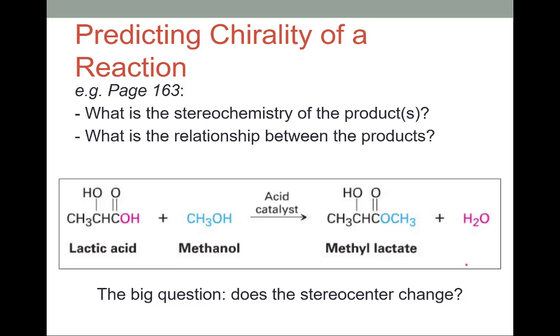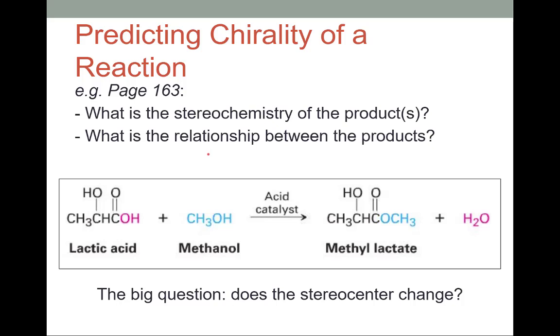The last big topic in the chapter is this idea of sort of predicting chirality of a reaction. And this gets us a little bit into using the hybridization that we picked up earlier on in the semester. So thinking about hybridization in a practical way. So here's an example. What's the stereochemistry of the product? I should say all these examples with page numbers, the pages might vary depending on which edition of the book you're looking at. All right, that said,